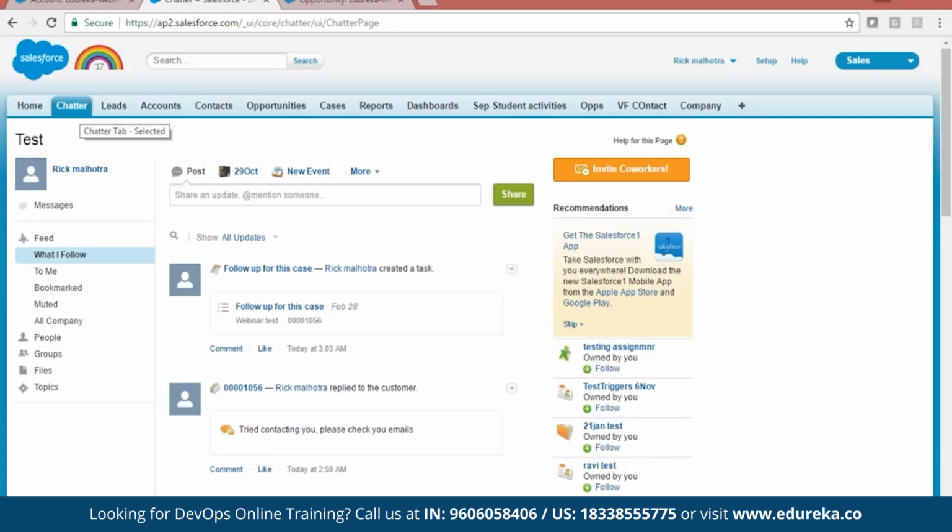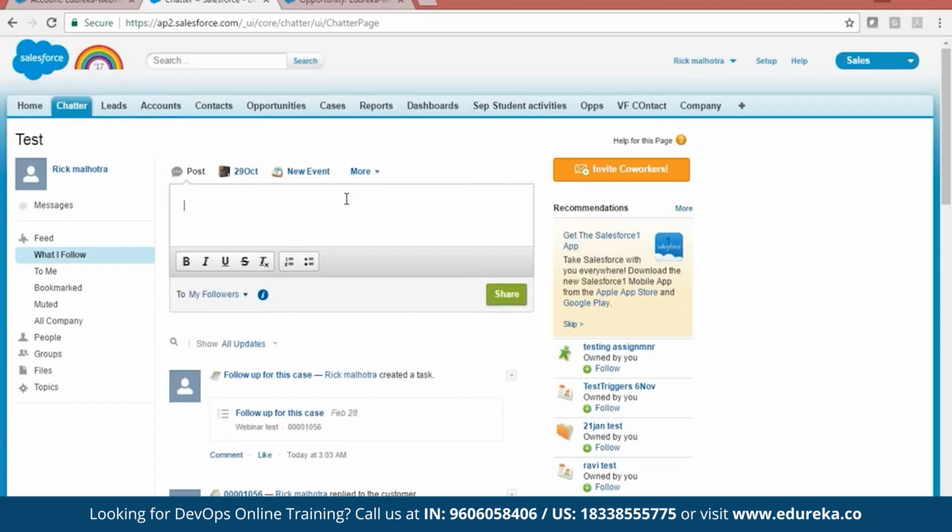Now many companies I have worked with are using Yahoo Messenger, Gmail Hangouts, or maybe Skype, which is very common these days, Skype and Lync. Instead of them, you can use chatter. You can also download a messenger like Chatter Desktop, and this is also available for your mobile phones and everything.